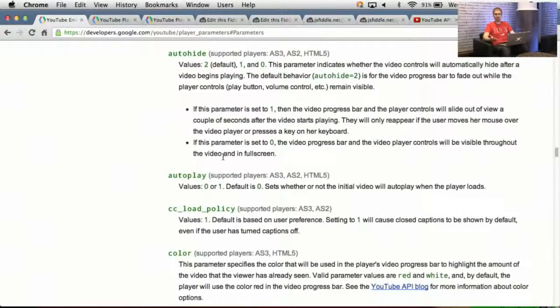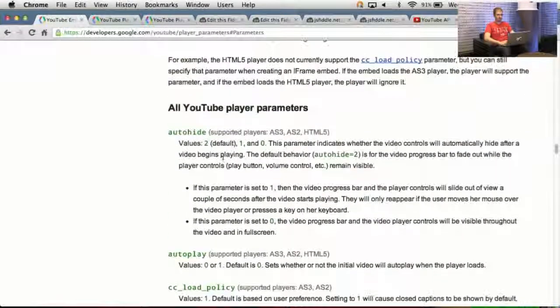We do have really nice explanations of what they mean in the documentation, so it's going to be a little bit repetitive in some cases, but I did want to highlight some specific ones that are the most useful. So auto hide comes in handy quite a bit. This is something that controls the behavior of the controls, more or less, that are on the bottom of the YouTube player. It's not necessarily the initial state of the controls, but more like what happens to the controls